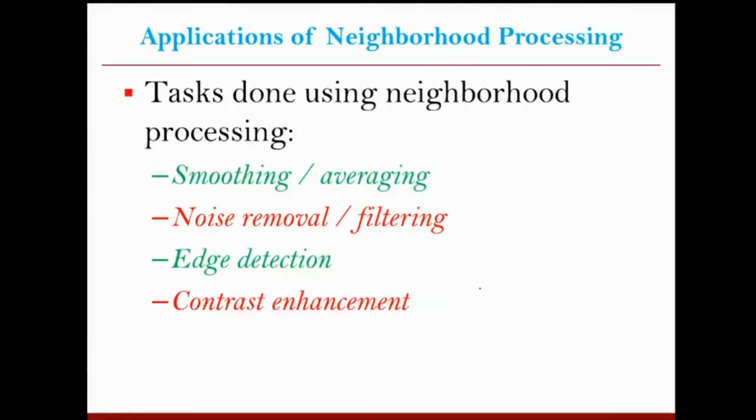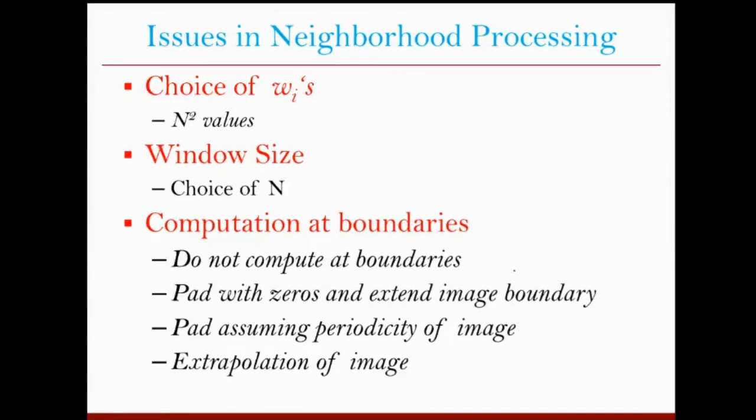These are some operations where this kind of processing will be useful, like smoothing an image, noise removal, edge detection, or contrast enhancement. In all these cases, when you operate on a particular pixel, in most of these operations we consider a neighborhood. There might be some cases, for example in contrast enhancement, the technique based on histogram equalization, that may be considering the point operation, but in most of the other operations that you see here, we make use of the neighborhood.